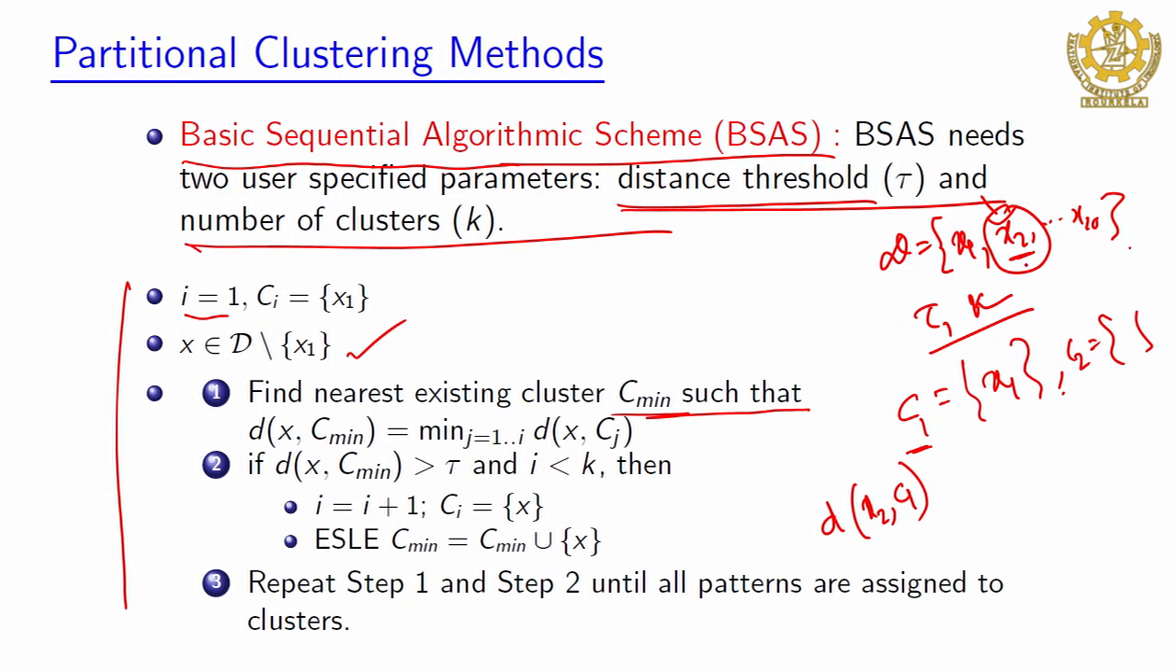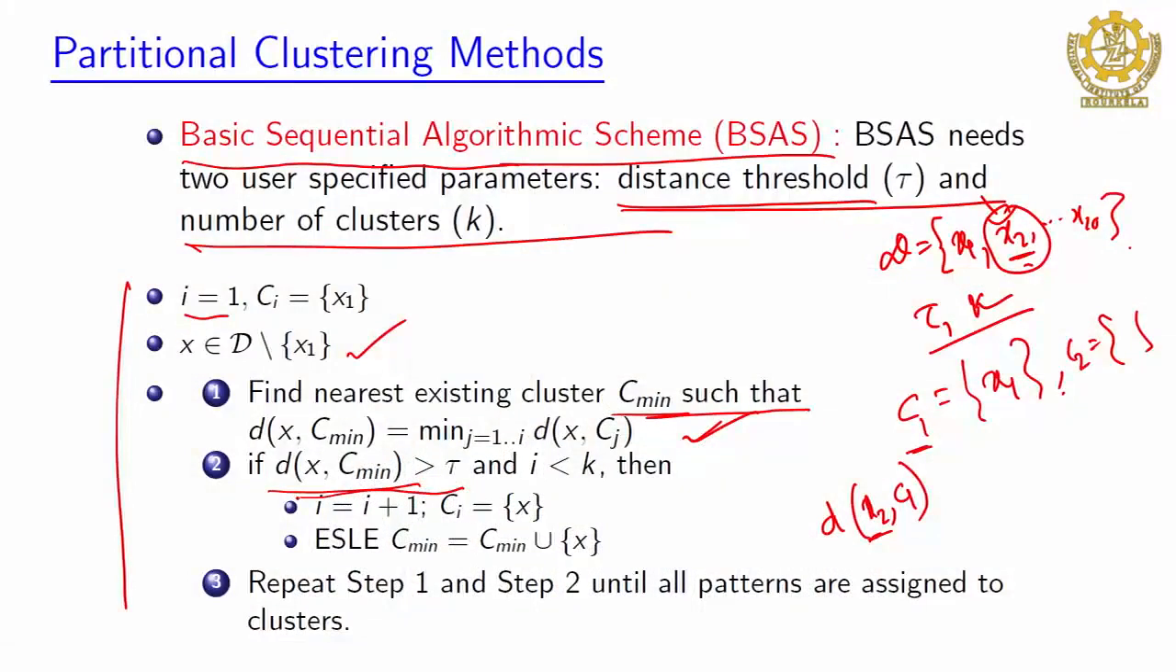So, we compute the distance from x2 to all the clusters and find the closest cluster. Once we have found this closest cluster, we find the distance from the point x2 to the closest cluster, which we must have already computed in this step. If this is greater than the threshold distance tau, what is the threshold distance? Any point within the threshold distance of a cluster will be assigned to the closest cluster. So, if the distance between x and C_min is greater than tau, that means we cannot assign